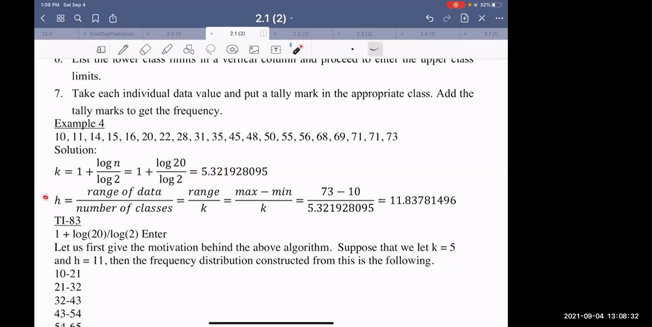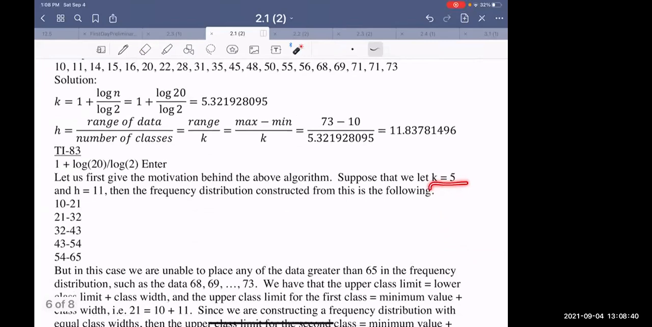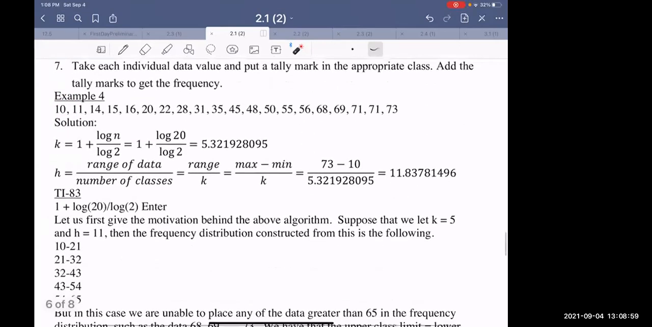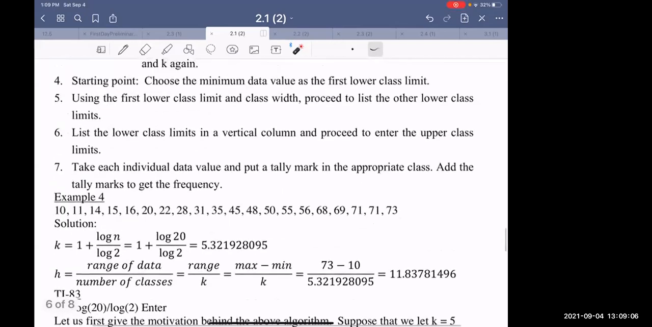And then I will let h here equal 11. And let's see what happens. Well, if you have 5 classes, 1, 2, 3, 4, 5 classes of width 11, where do we start out? We start out at the smallest number, keep adding 11 until you have 5 classes. You want that to end